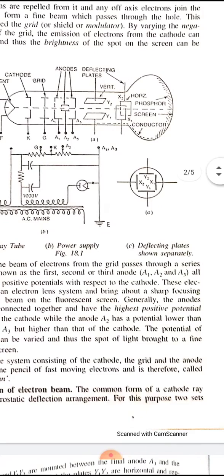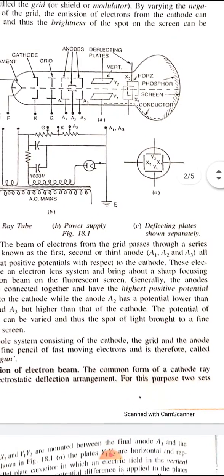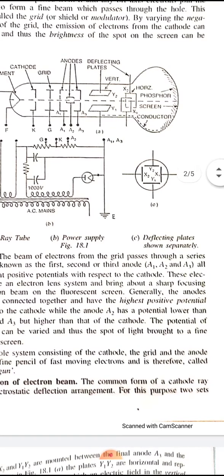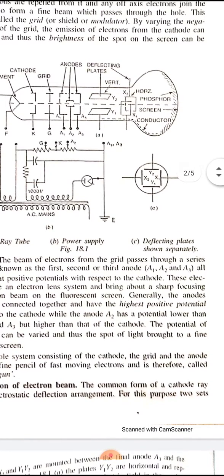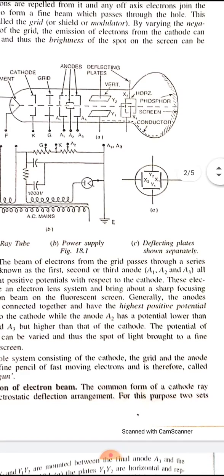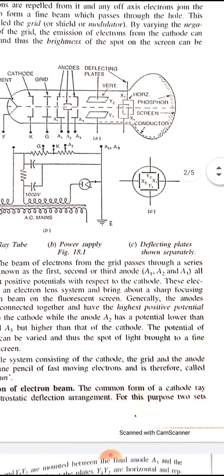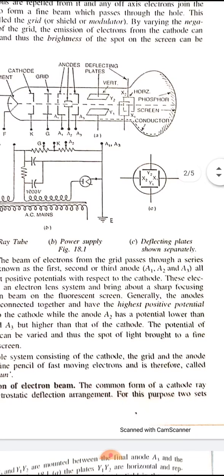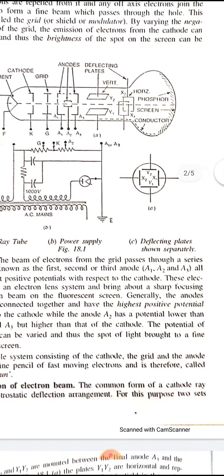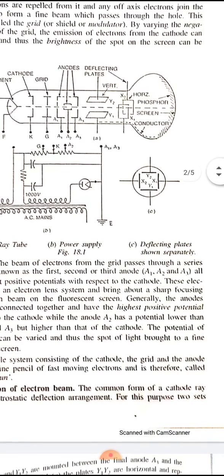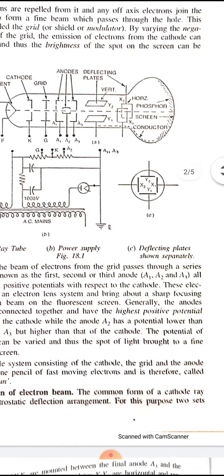and the anode A3 is earthed. The screen of the CR tube is coated with a fluorescent material such as zinc orthosilicate, known as phosphor, and a brilliant spot is visible on the screen due to fluorescence where the electron beam strikes. The inside of the neck of the tube is coated with aquadag or some other conducting material, thereby connecting the screen to the final anode A3.